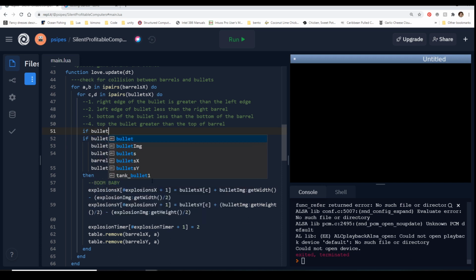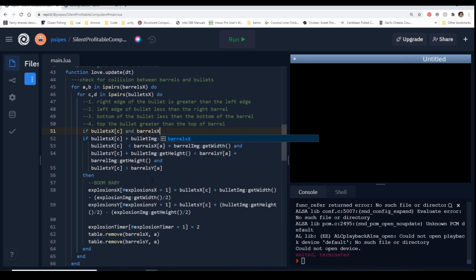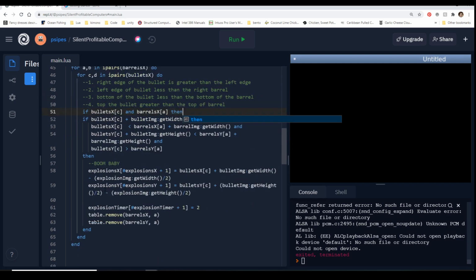So we're going to say bullets X, C, and barrels X, A, then. And remember, all this is saying is, hey, is there a value in this stuff that I'm calling? If there's a value and it's not a nil, it'll let me go on and do the thing. Otherwise, it won't.